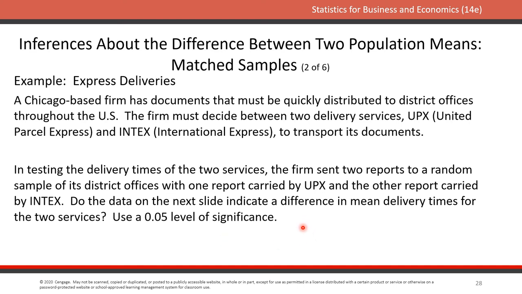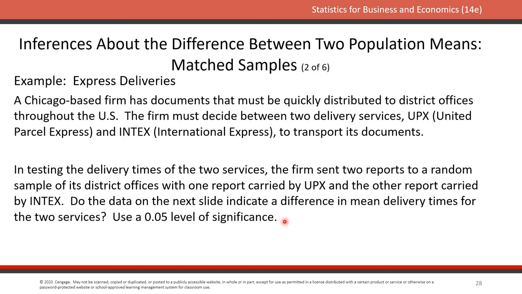It's because as I go down the list of the delivery times with company 1, there is a way in which I could connect those delivery times to company 2. And the way I connect those is, well, hey, this time went to Seattle, that time went to Seattle, this time went to Denver, that time went to Denver. So because there's a reason or a way in which I can connect these, that's why this is going to be a match samples. Again, this is a harder case, and it's one of the ones I want to talk about because